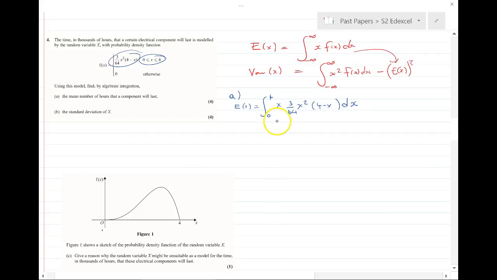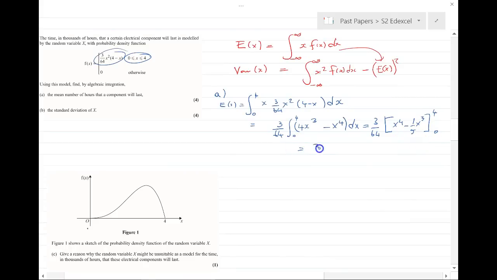dx. Let's tidy that up a bit before we integrate. That equals, let's take the constant outside, 3/64 between 4 and 0, multiplying that out, we've got an x squared and a 4, so that's 4x squared, and then we've got an x squared and an x, and that is x cubed, dx, and that comes to, let's put the 3 over 64 outside, 4/3 x cubed minus 1/4 x to the 4 from 4 to 0,